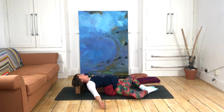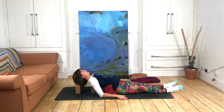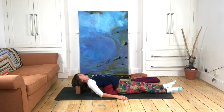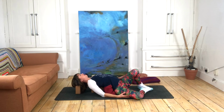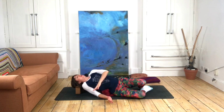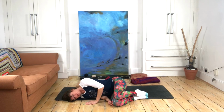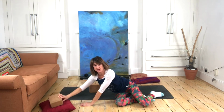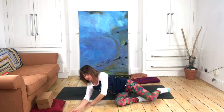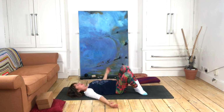Lovely. And then when you want to come out, I would take the arms somewhere down by your side and just help these legs back up before extending them. And then you can either push on your elbows gently and come up that way, or the other way you can come out of the pose is by helping one leg up and rolling onto the opposite elbow and leg, rolling off the props, coming into fetal position for a moment, and then pushing yourself up enough to either remove all props out of the way and come to lie on your back, or to push yourself back up to your seated position,